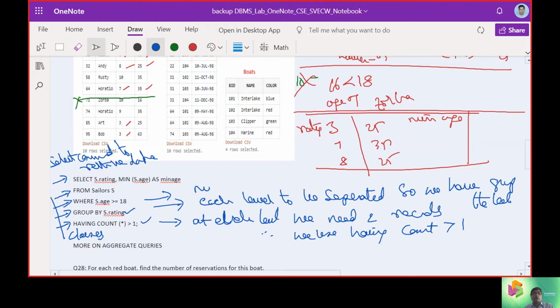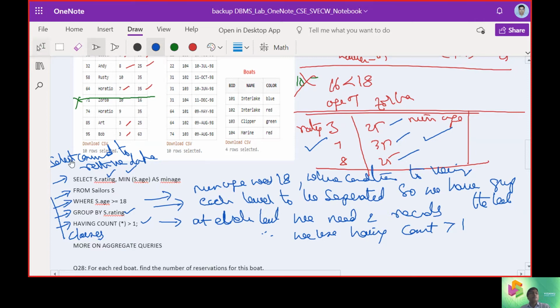Third thing, minimum age was 18, so we use the WHERE condition to verify. So we add all together: we are finding the rating and the minimum age. Yes, 25, 35, 25 are the minimum ages we need to find.